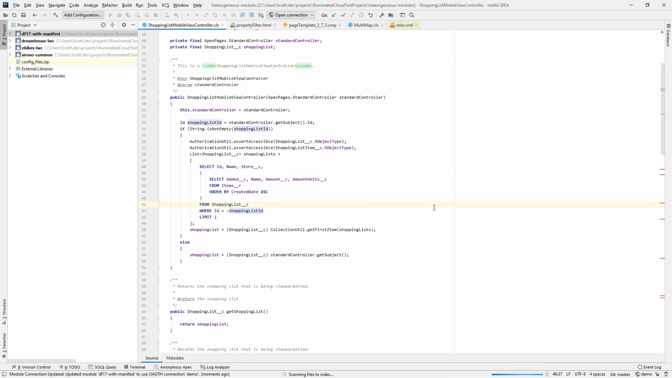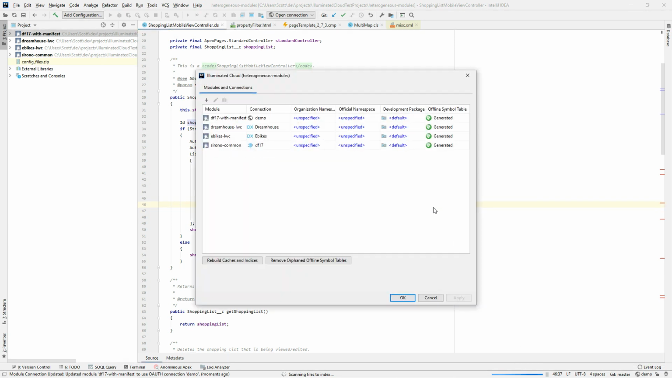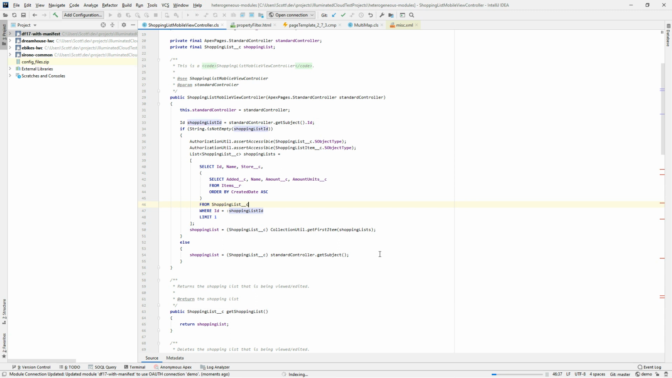If I opened up the project settings, we could actually see that that first one is now against the demo connection, and it's already got an offline symbol table. So that quickly I was able to switch connections. If you were working with a multi-module project where multiple modules use the same connection, this is generally the use